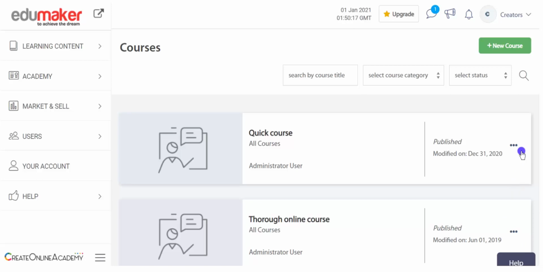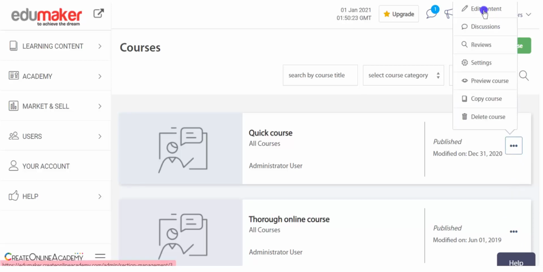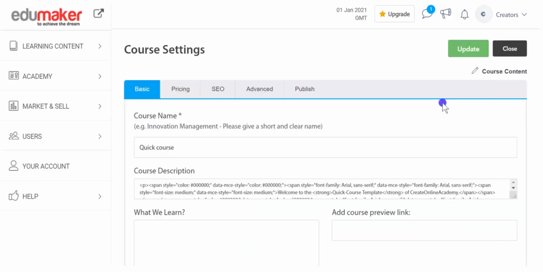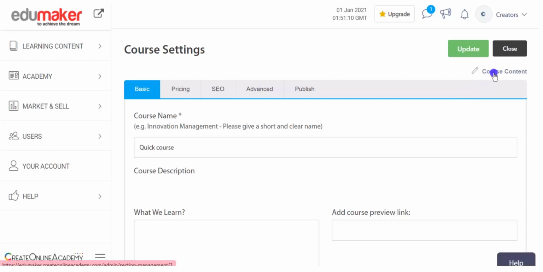Here you can click edit content to go directly to edit the content, or you can click the course name to go to the main page of the course content, which is also called the curriculum of the course. Again, if we go to the settings, as we have seen previously, you can click the course content from here to reach the curriculum page.